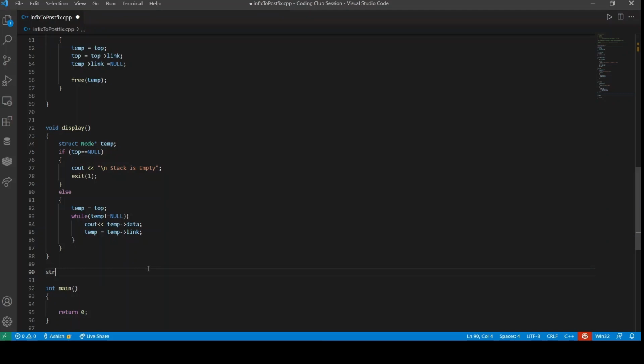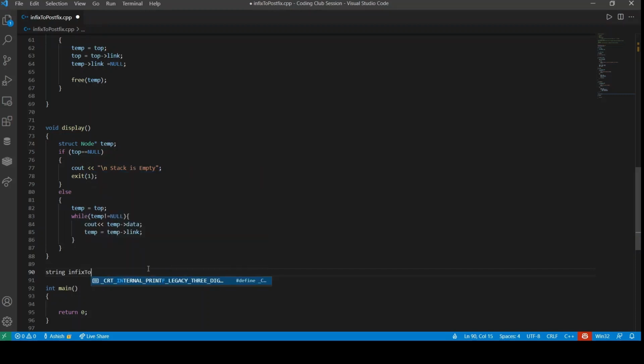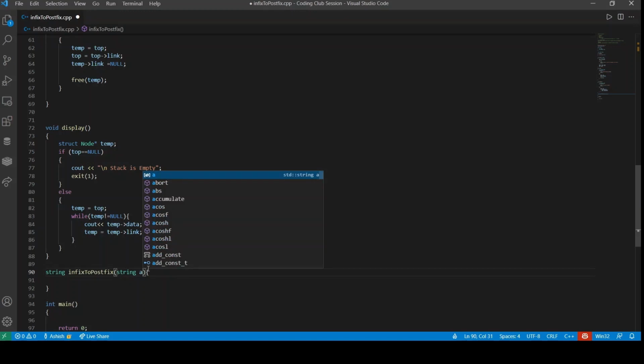First we need the function which we'll be coding, that is infix to postfix. This function will be taking the string value from us, right? And then we'll need a string in it to get the result appended.